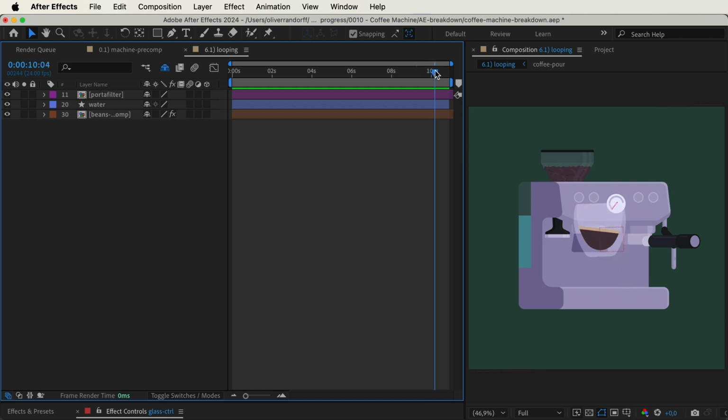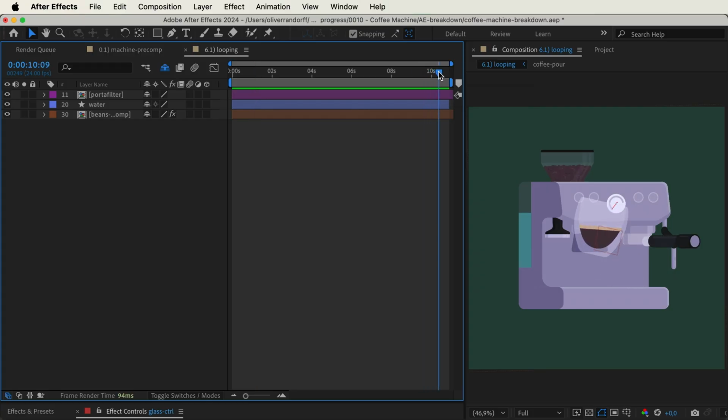And because of the fact that the glass is quite big, it's moving fast, it's taking all of the attention, so you most likely don't even notice that the water and the beans are going back to their initial level. And because of this, the transition to the start just seems very seamless. So by moving the glass, I actually redirect the attention of the viewer, and they most likely don't even notice that there are any changes happening in the background.